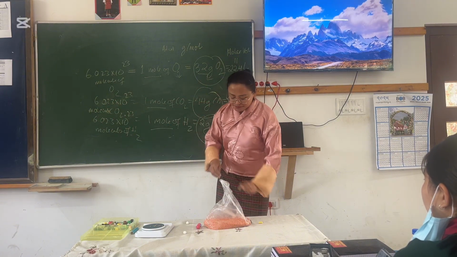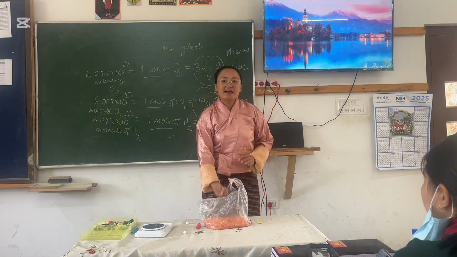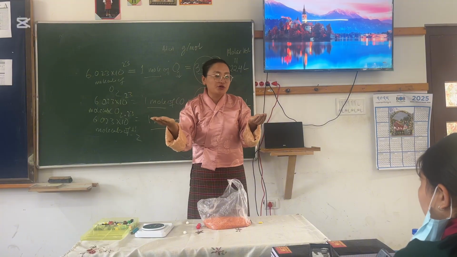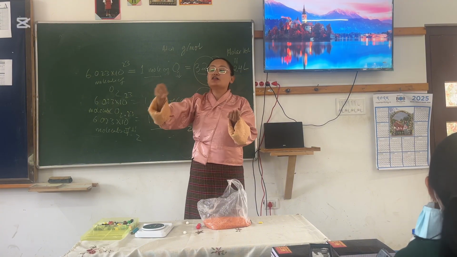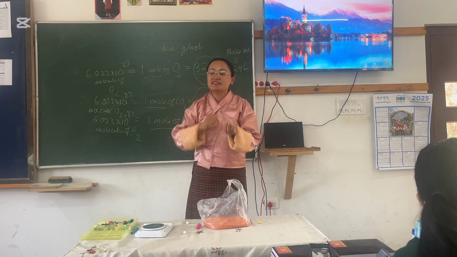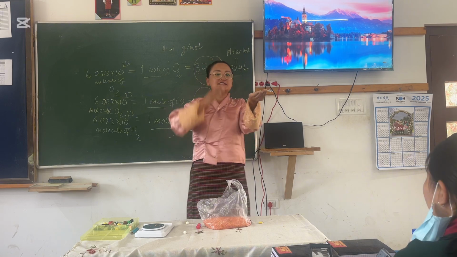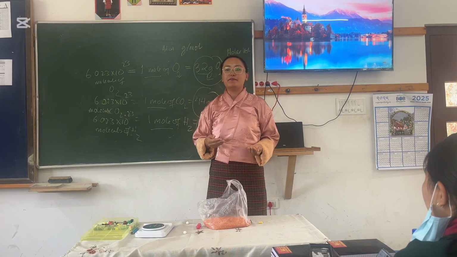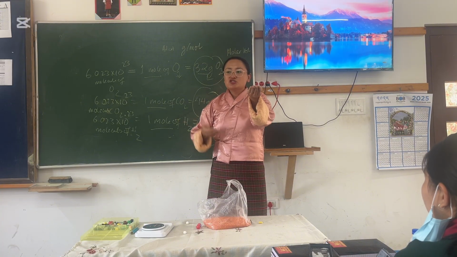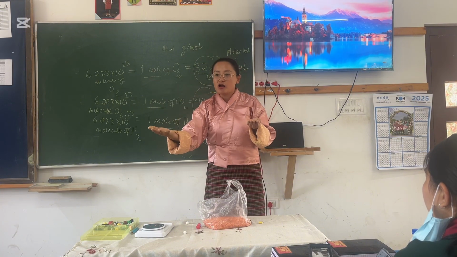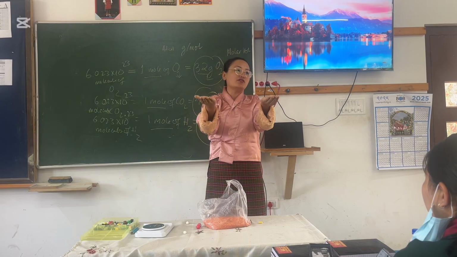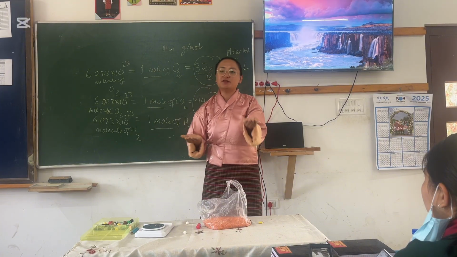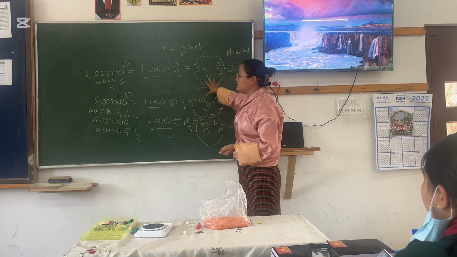For example, here I am taking 1 mole of these lentils, and I'm also taking 1 mole of potato, your favorite, right? So 1 mole means it contains the same number, Avogadro's number of lentils and Avogadro's number of potato. But if you weigh them, will it be the same? Lentils are much smaller, so the potato will weigh more, but the number is the same. When you weigh them, will it be the same? No. So this is the concept.